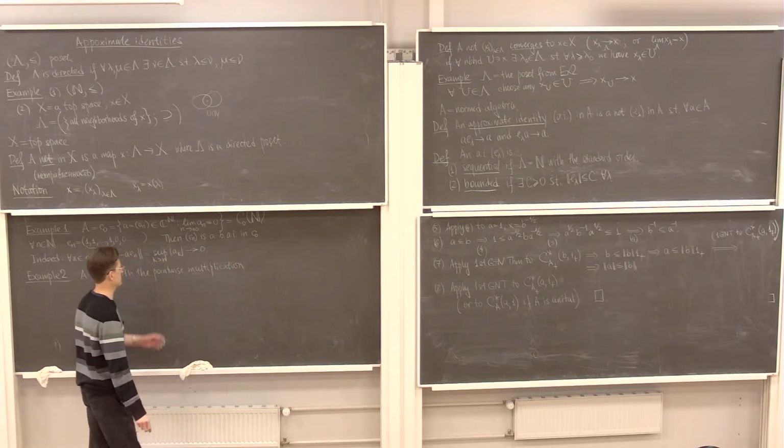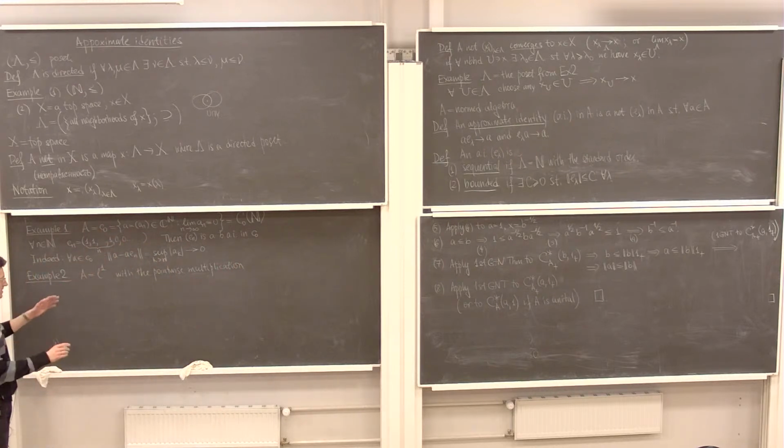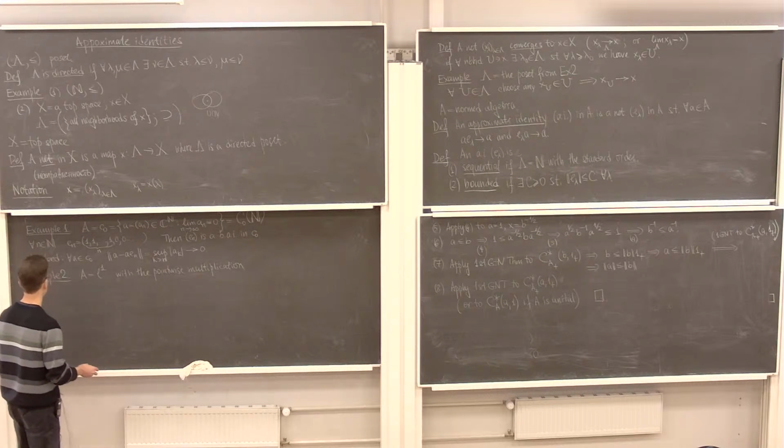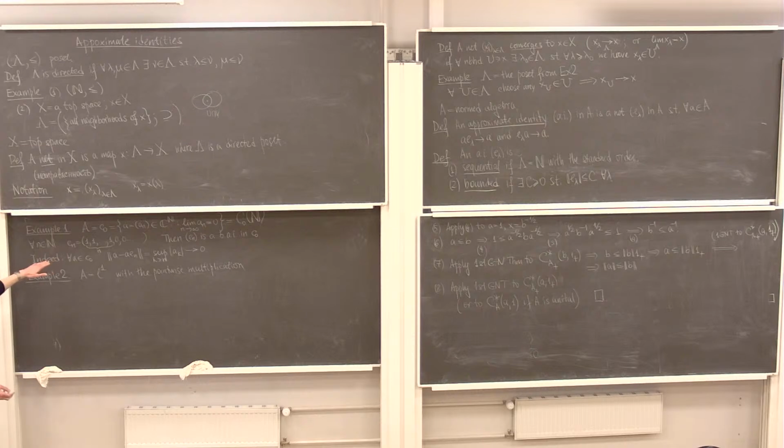The multiplication is the same as in c0. So if we want to multiply a by b, we write a1 b1, a2 b2, and so on. We can take the same sequence as here